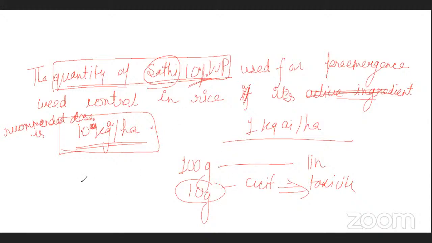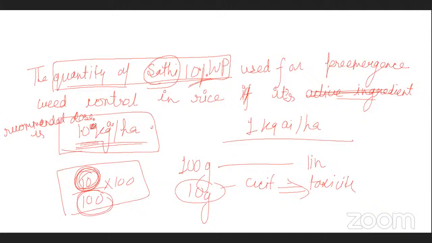And 10% means this will be like this. Okay, 10% means that out of 100 kg, only 10 kg will be there as active ingredient, but we have to apply how much? And 1 kg active ingredient. So what we will be doing,